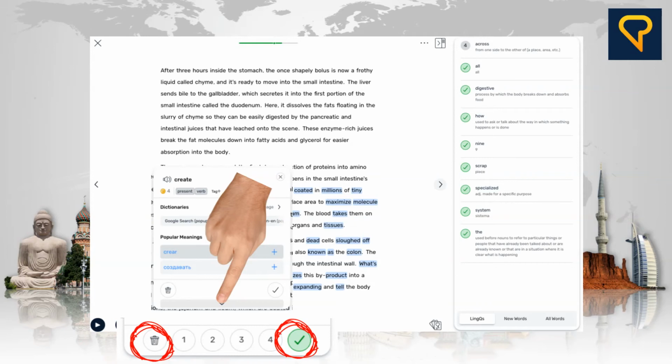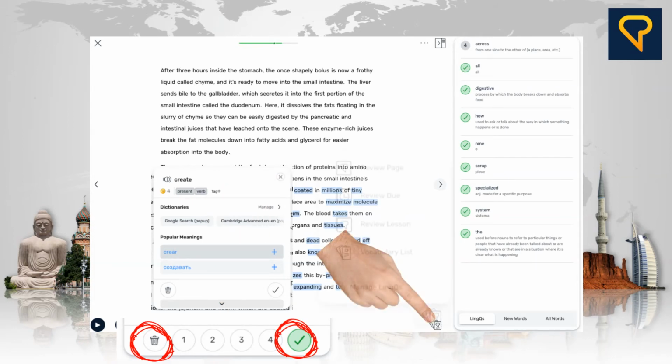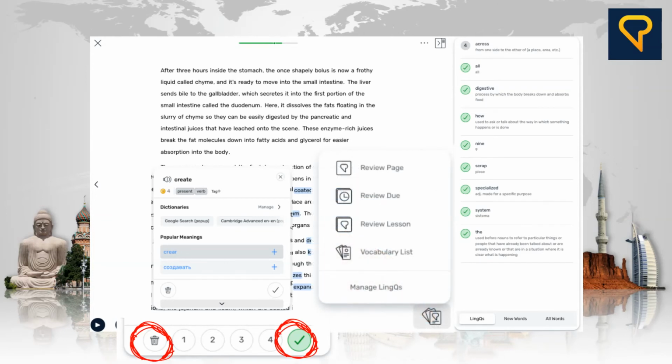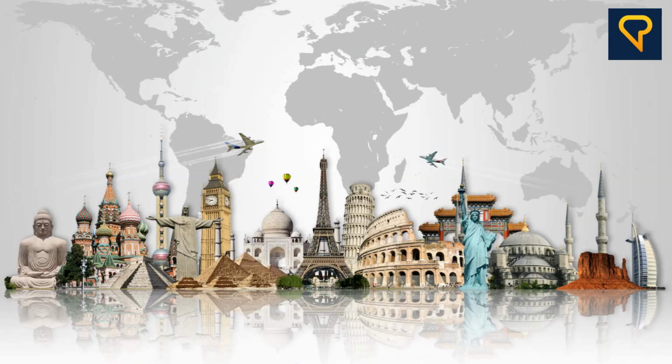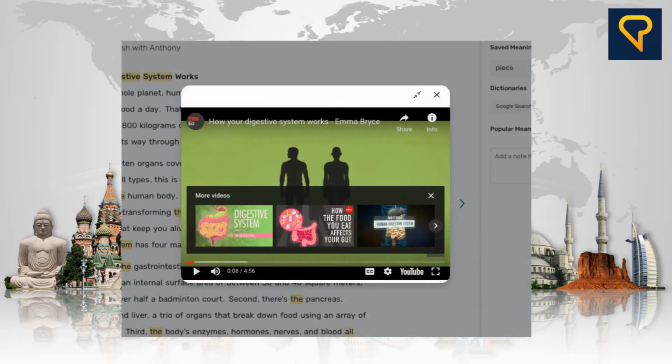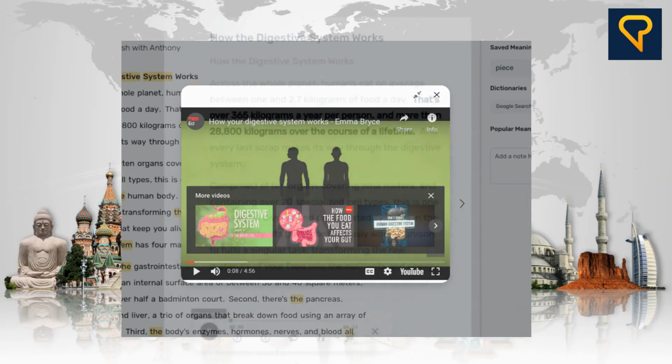For the moment, I would suggest just use the 1 and the check mark, because it can get a little confusing. Now, go to this box here. Play with these buttons. You will see the words and phrases for review. Don't worry if you mess it up, you can't break it. Sometime in the future, listen to the video again. The more you listen to it, the better you become, the more your listening will improve.